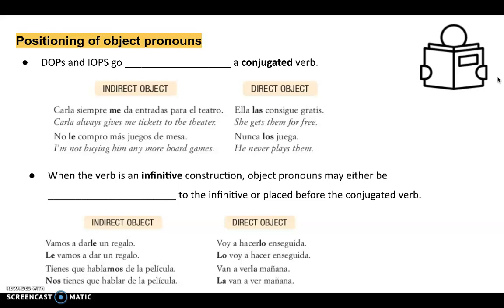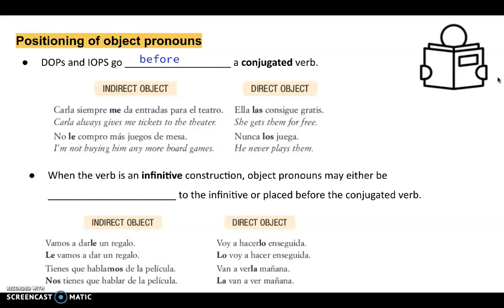Okay, so IOPs and DOPs go before a conjugated verb. So here I have some examples with an indirect object and a direct object. Carla siempre me da las entradas para el teatro. No le compro más videojuegos de mesa. And then 2 examples of direct objects are ella las consigue gratis or nunca los juega. And then we have the translations there as well. Okay, so they're all going directly before the conjugated verb, whether it's in the present tense, the past tense, any